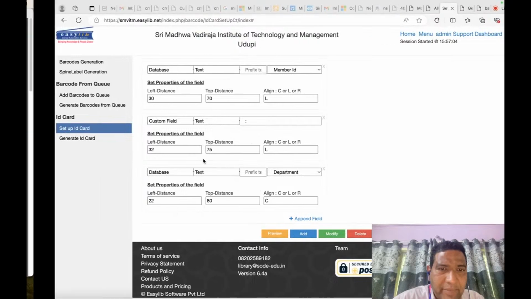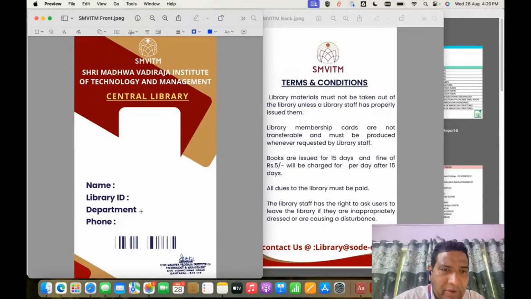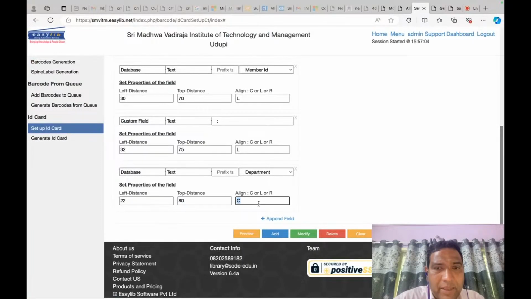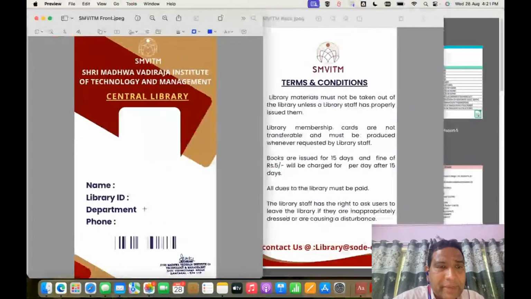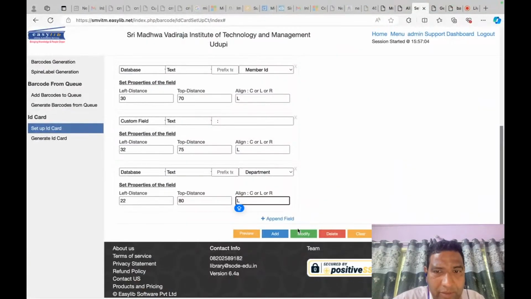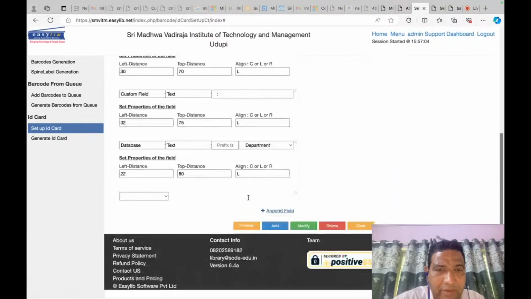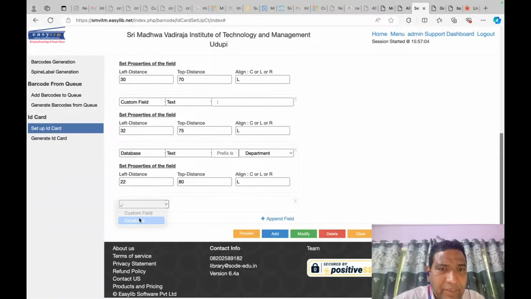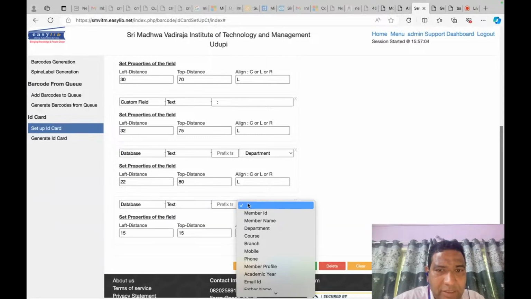Height, I'll put it as 80 because this is 75, 70, 65. This should be 80 then. 80. Again, left align. So this was, wait a minute, 75, 80. Yeah, this is 85 will be the phone. Okay, so then one more append field. It's coming from the database again. So this is the text. The mobile number I'll put